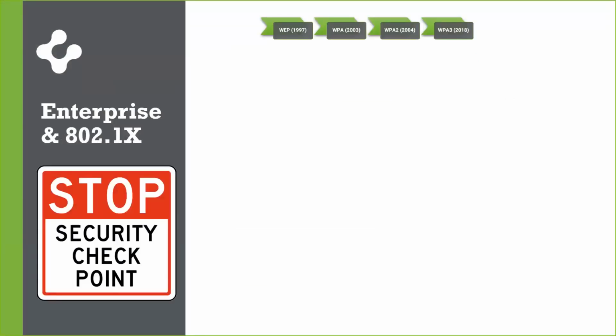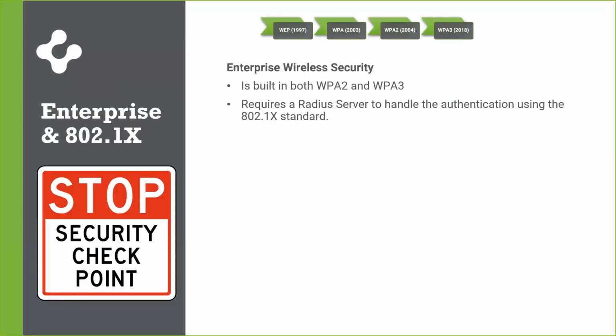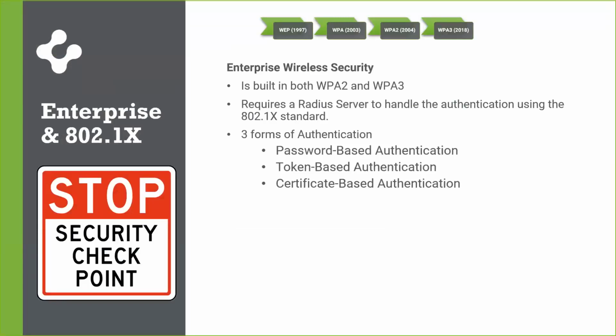Finally, we have Enterprise, a wireless enterprise based on 802.1x. Now, this is supported in both WPA2 and WPA3, but does require some additional pieces of technology, such as a RADIUS server to handle the authentication for the 802.1x standard. Now, there are three forms of authentication, first being password-based, and that's pretty standard. That is a username and a password linked back to Active Directory or domain controller with a RADIUS server acting